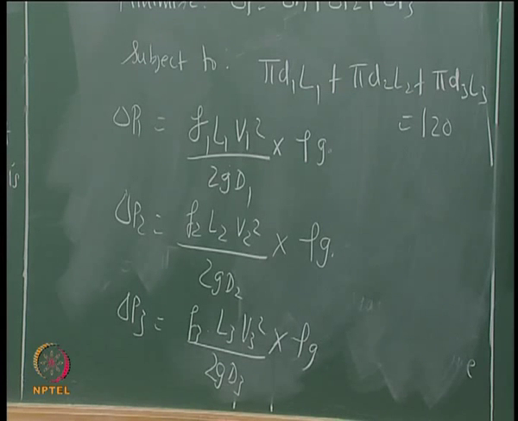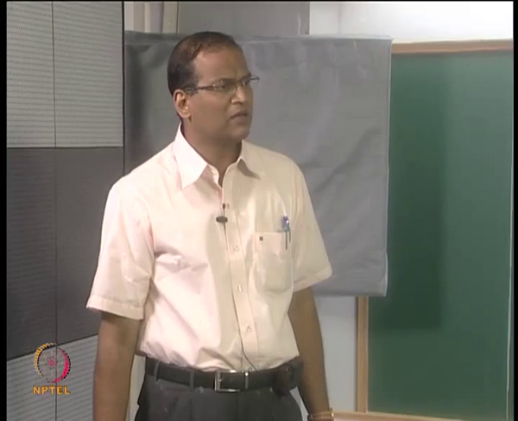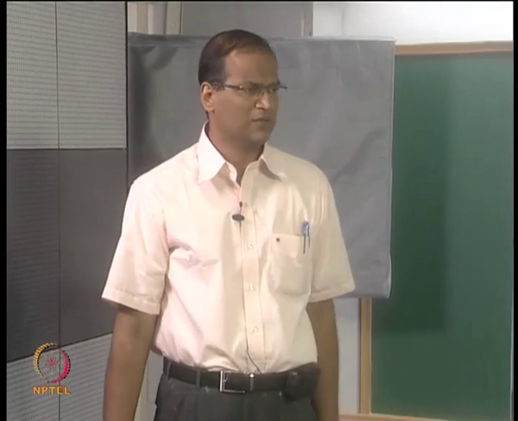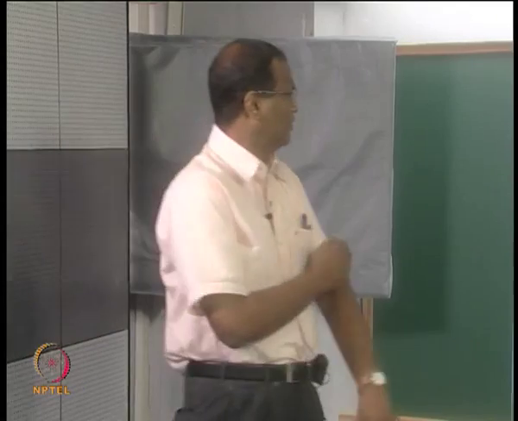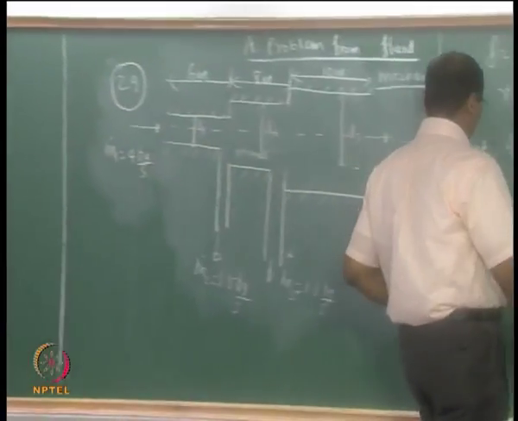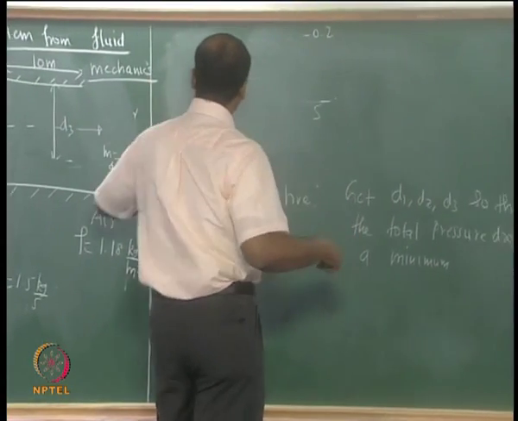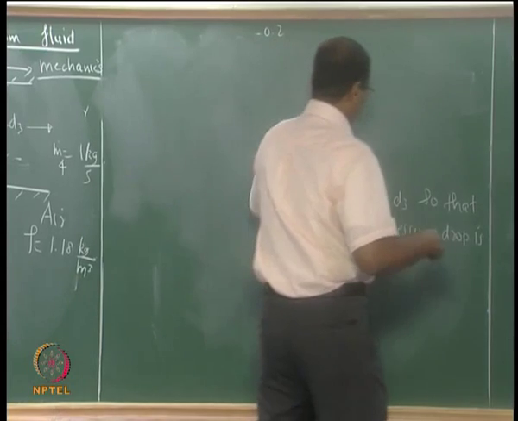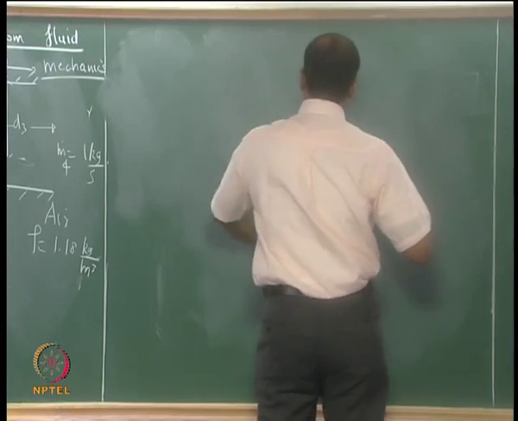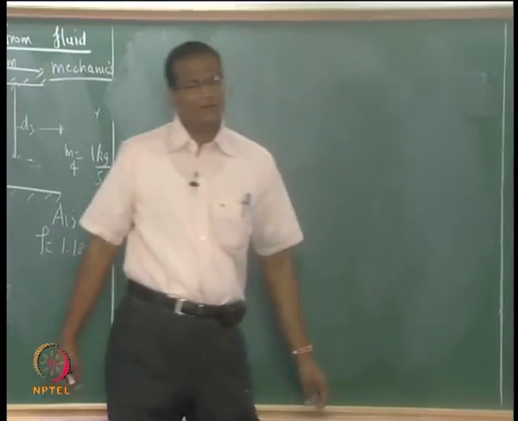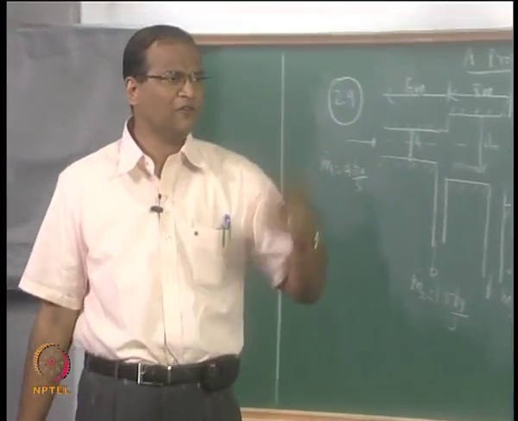Expansion is another thing. Use the kinetic term, v2 squared minus v1 squared. You can neglect all those. Okay. So after finishing the solution, we can check if we want whether it is really contributing, whether the frictional losses, f L V squared by 2 g D, are much more substantial than the kinetic head loss, right.